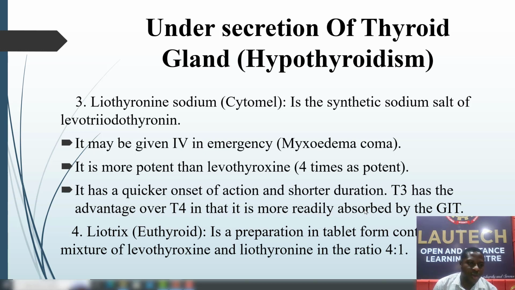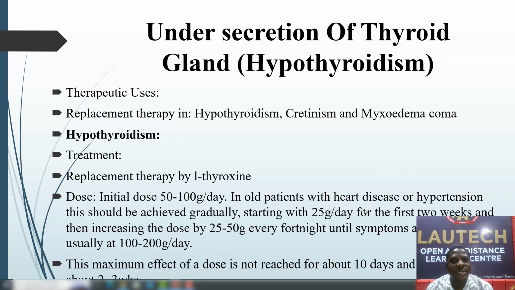Four, we have Liotrix, that is Euthyroid. Euthyroid is a preparation in tablet form containing a mixture of levothyroxine and liothyronine in the ratio of 4 to 1. Now, the therapeutic uses of all these drugs is for replacement purposes or replacement therapy in hypothyroidism, cretinism, and myxedema coma. So, hypothyroidism, we want to look at the treatment, replacement therapy by